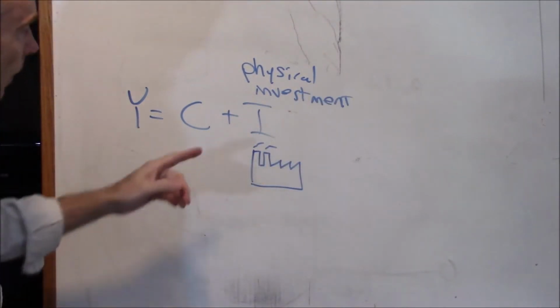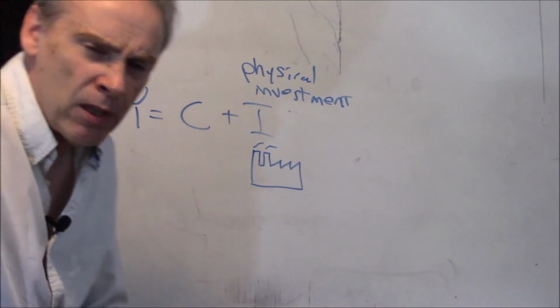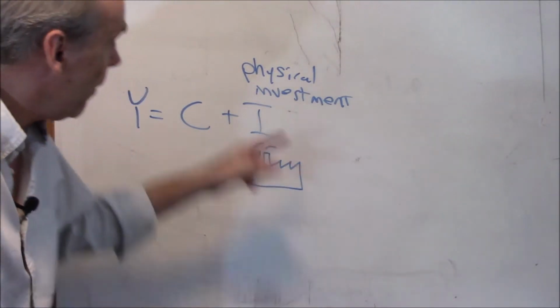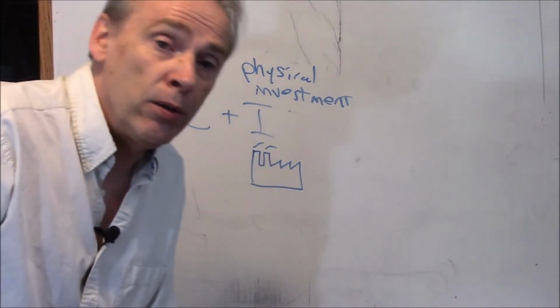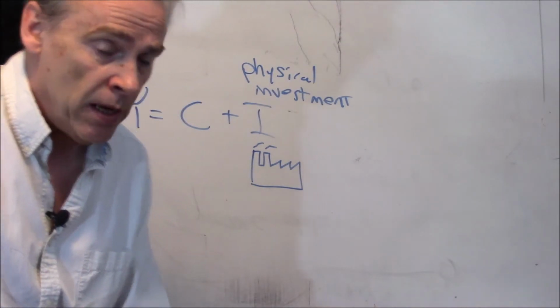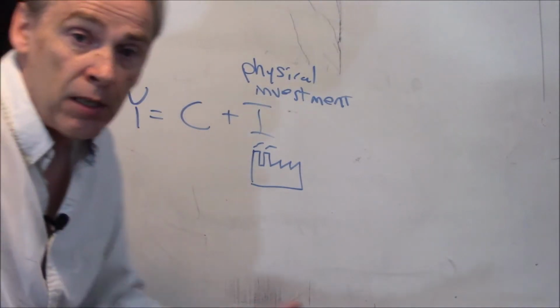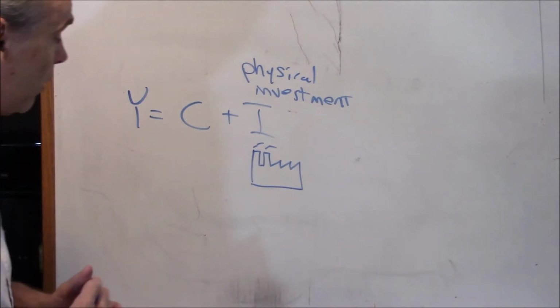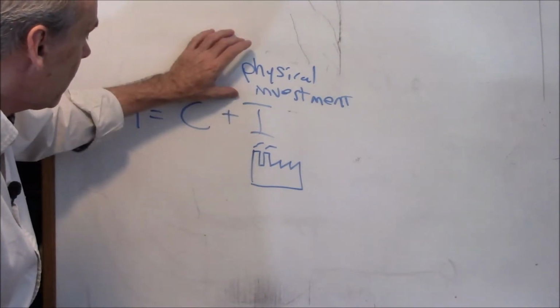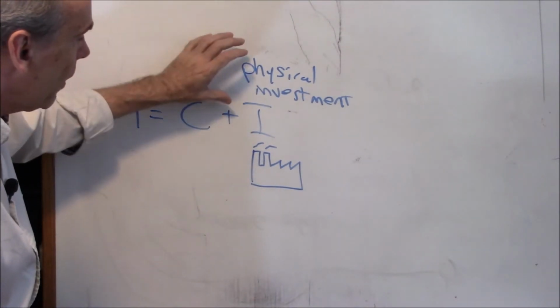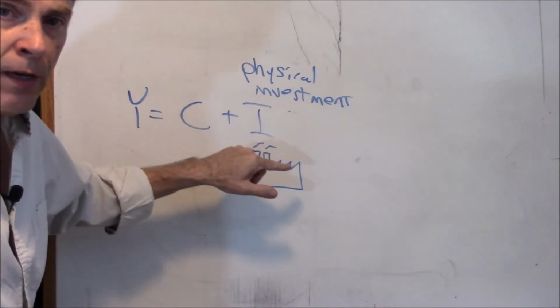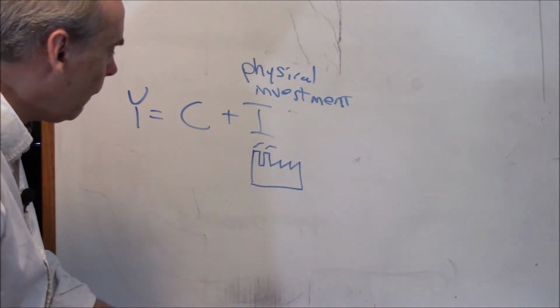All right. So, financial investment doesn't directly create jobs and income. Physical does. If I'm going to build a new restaurant, that's going to create a bunch of jobs. If I'm going to add on to TCU's campus, that's going to create a bunch of new jobs. So, physical investment. Now, what falls under the category? So only firms do physical investment. Only firms do this. What falls under that category?